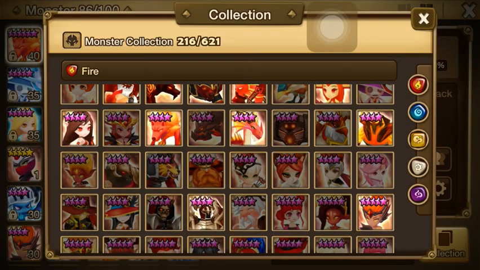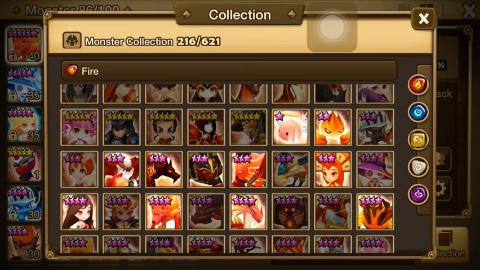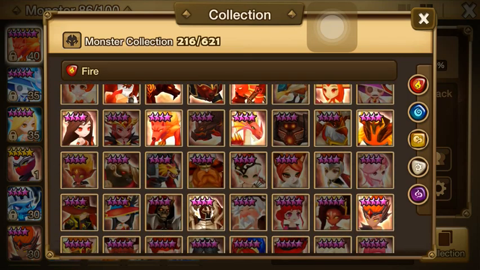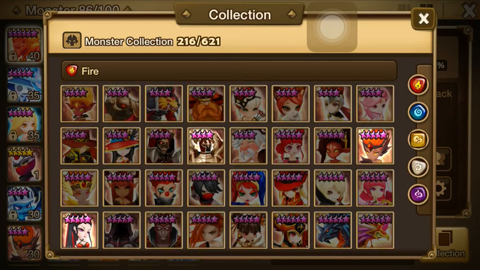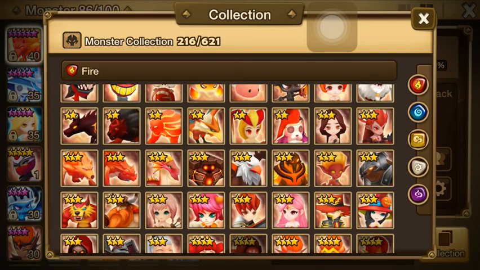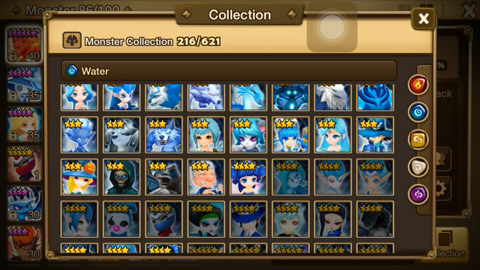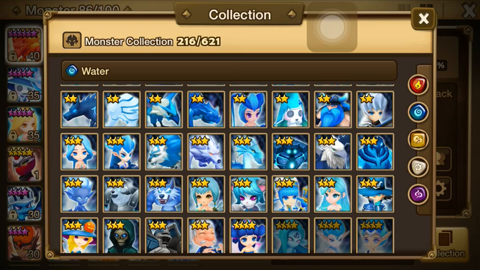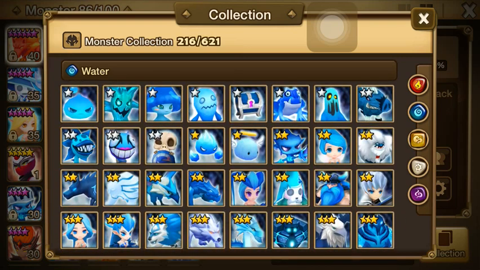All right. That is pretty much it for the group-based farmable units that you can get relatively easy over time for fire. We'll go through fire, water, and wind. I'm not going to go over light or dark because I didn't find any 2-star farmable units that were worth mentioning. So moving on,